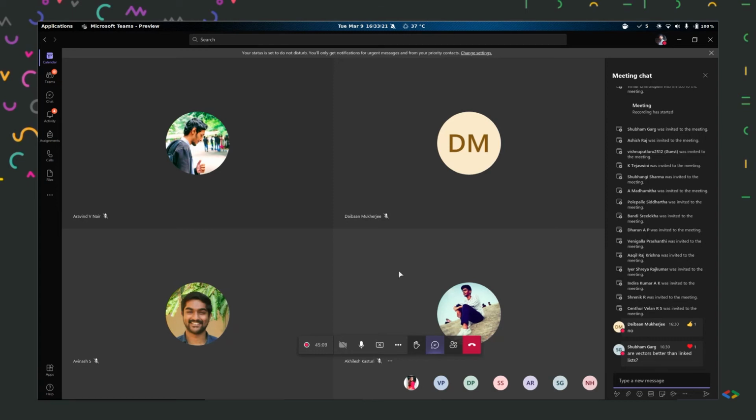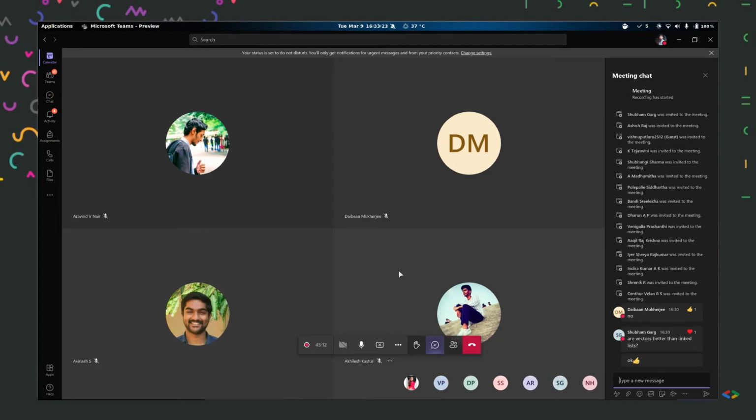And suppose in your competitive programming questions, you're trying to implement your own linked list. It may have some errors, or it might not be that well optimized. In that case, use the standard template library vectors. That will be better, unless and until they have specifically told you to implement the linked list from scratch. You can use vectors over linked lists.